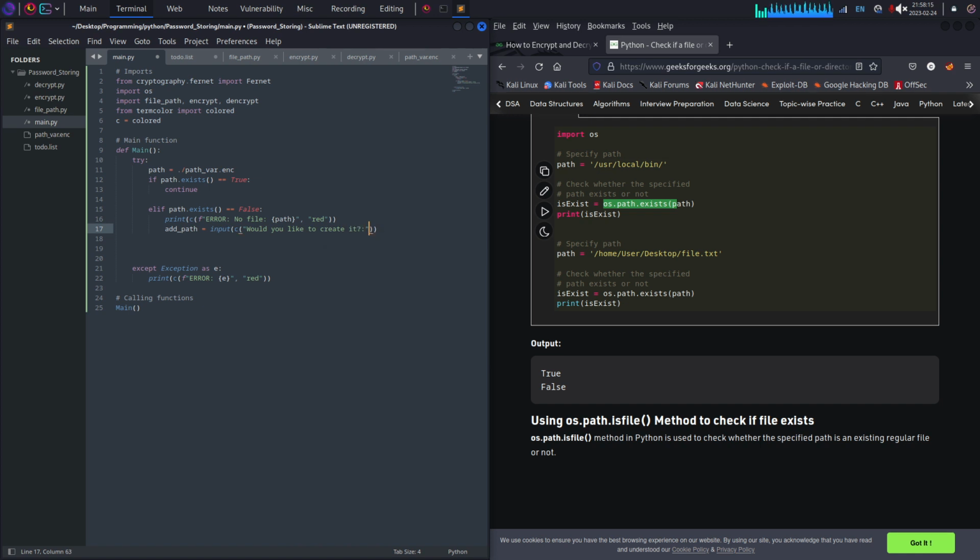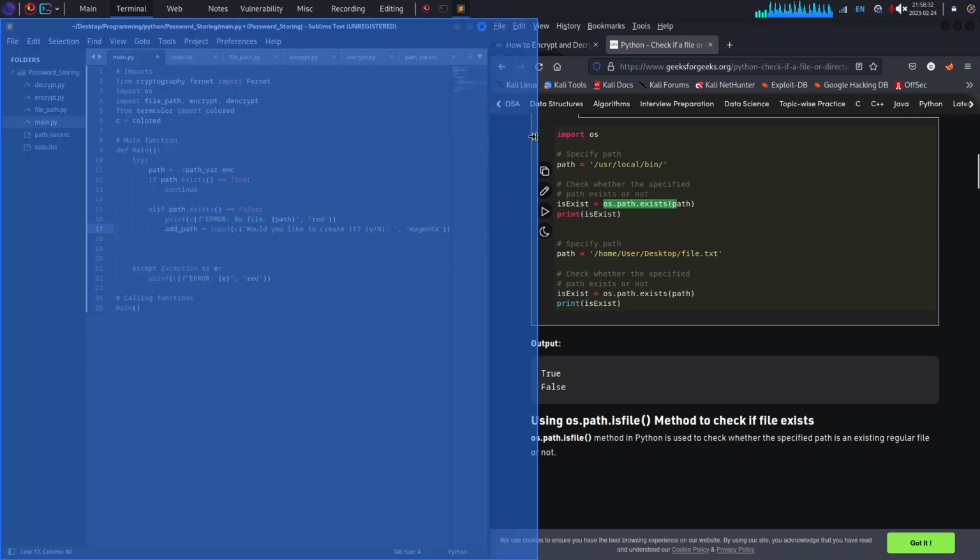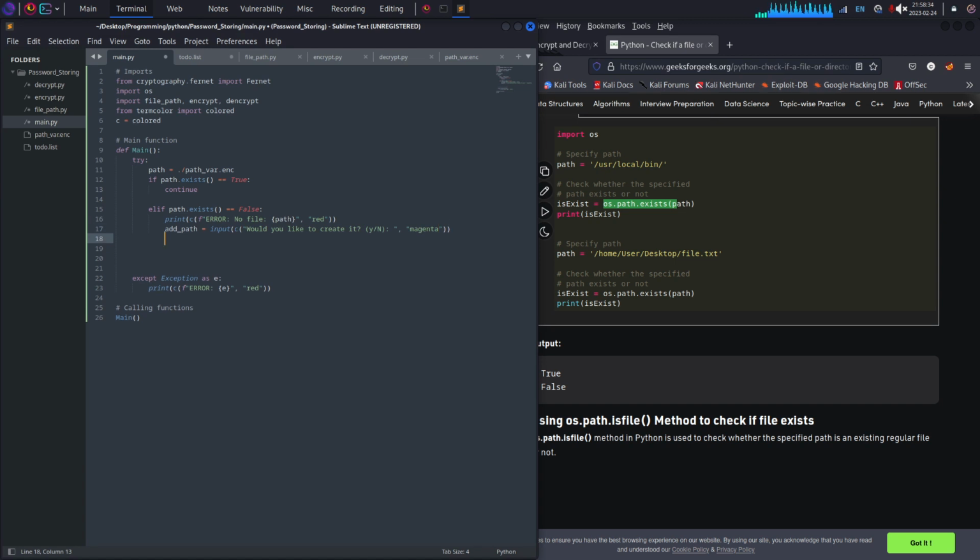And then we will give that y/n, and we will give that a magenta color, because magenta is a pretty color. And we'll extend that a little bit. If add path equals yes,